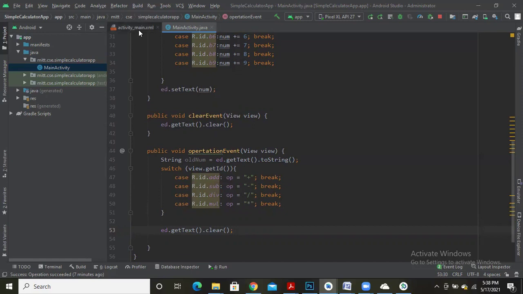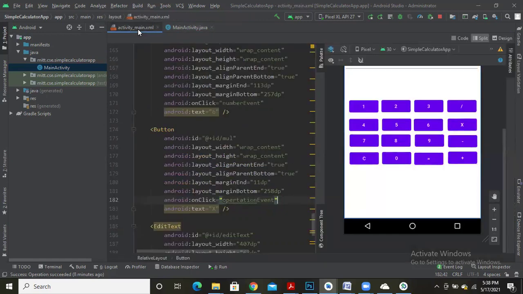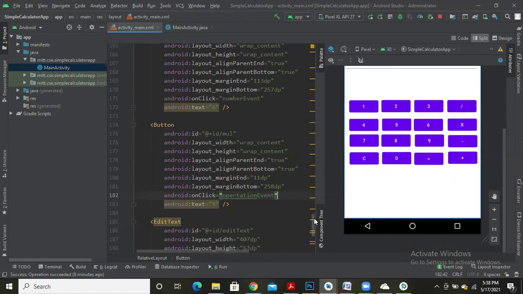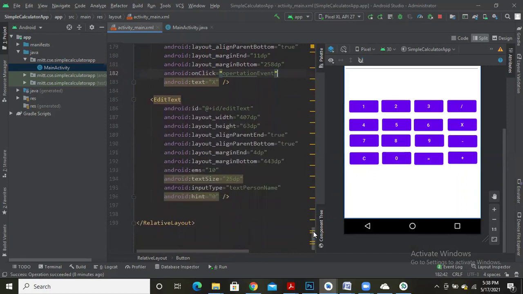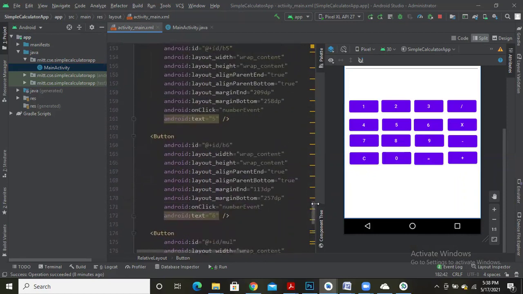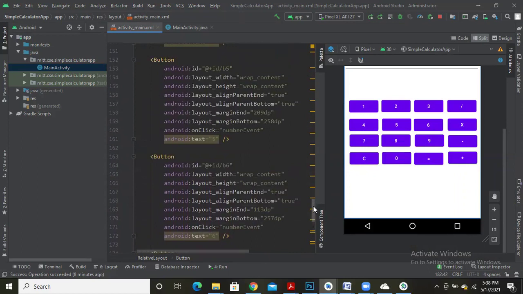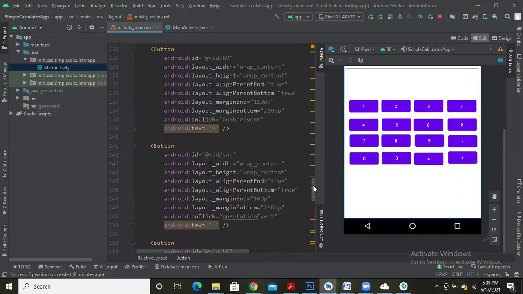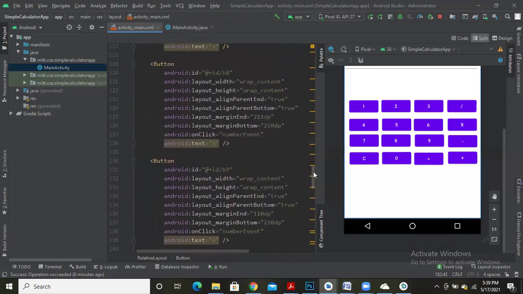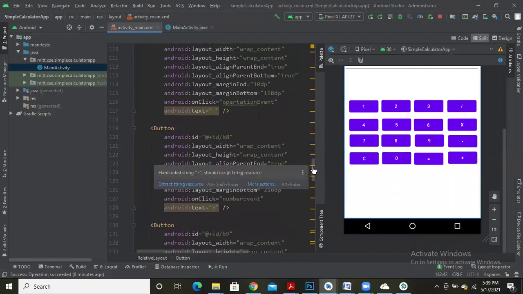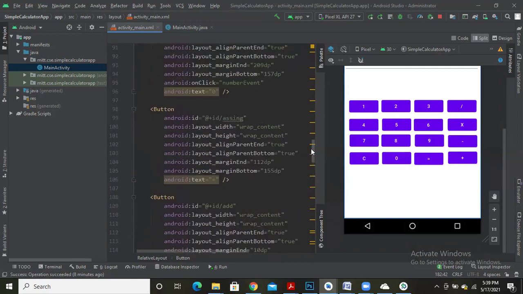So let me go back to the XML file and find the assignment operator. Okay, here I have the ID for the assignment operator.